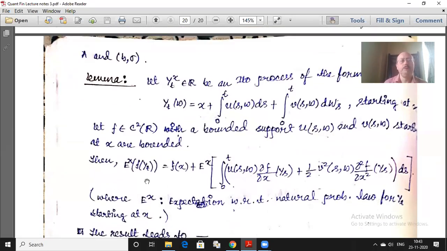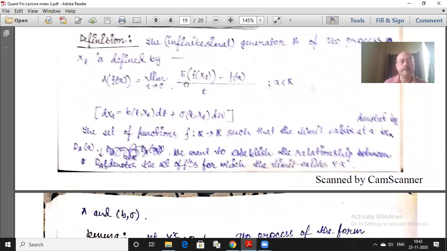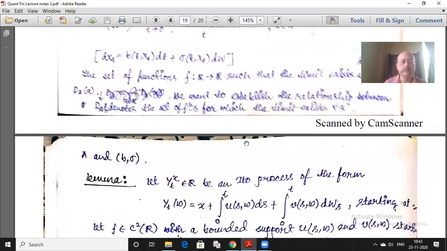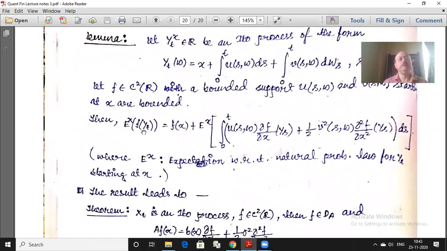So then I can explicitly compute the generator. My generator can be explicitly computed. So I compute this expectation, because this expectation is the first part in this ratio here, and then I will talk about the limit. So this expectation of f(Y_t), starting from x, so Y_t started from x, will be given by f(x) plus expectation starting from x of this expression within the bracket,